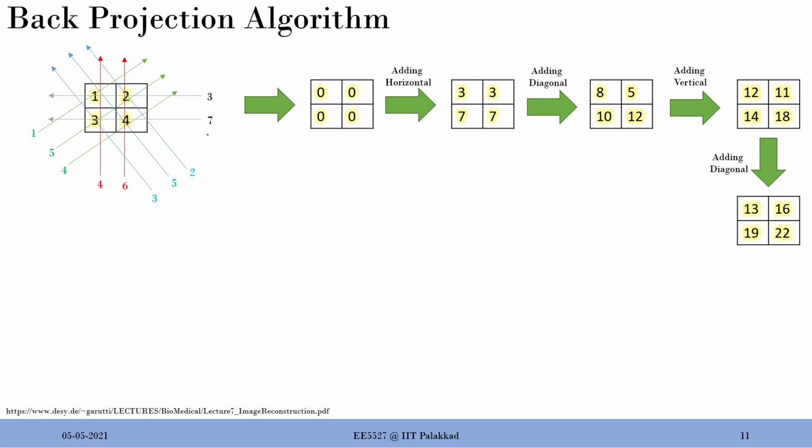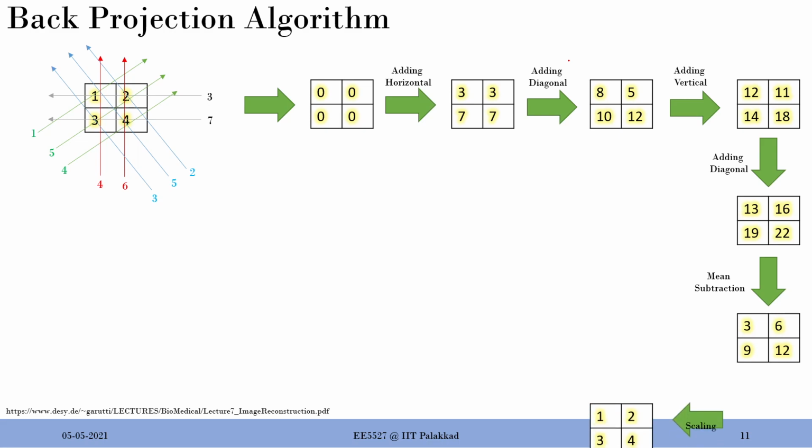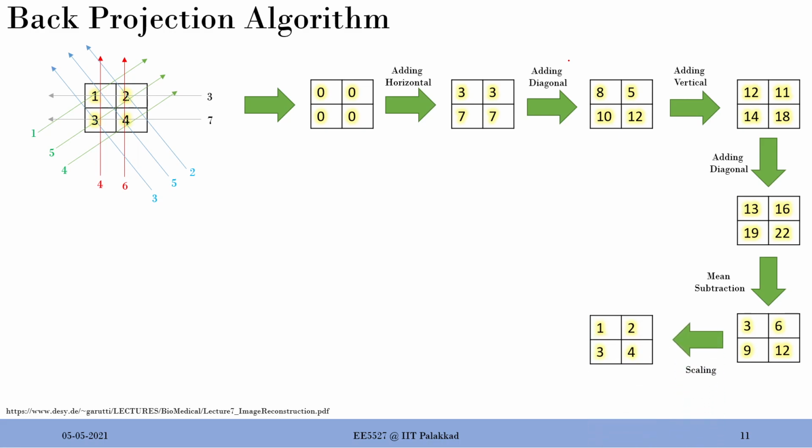So here for example 7 plus 3 is 10, 12 plus 5 is 17, plus 3 is 20, plus 10 is 30, plus 10 is 40. So you have 40 together, and then you have 1, 2, 3, 4 dimensions, so the directions. So you have sort of each direction average, you're adding 10. So if I subtract that mean 10 out of all these, I'll get 3, 6, 9, 12. Still we are not close. So what we observe here is a scaling now, because there's a constant factor which can be brought out, which is 3. So if I do that division by 3, I'll get 1, 2, 3, 4.